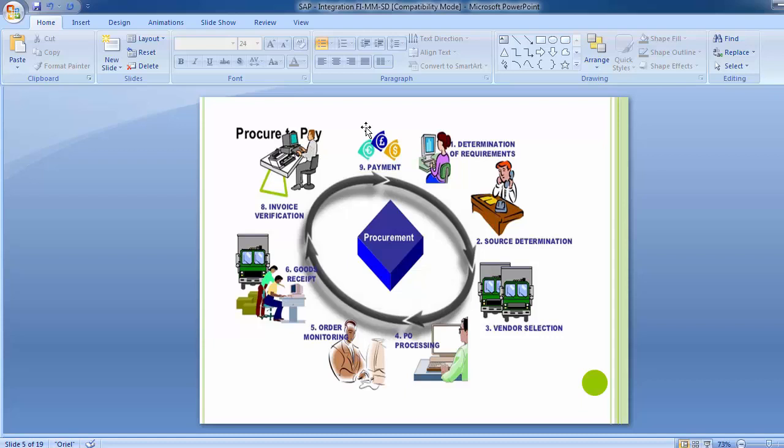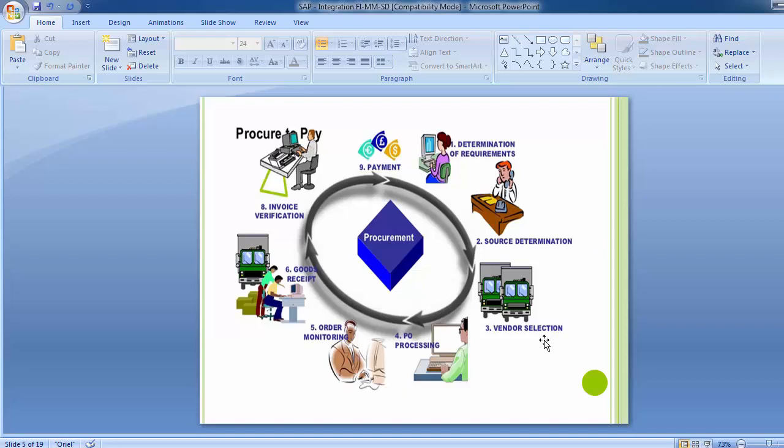That requisition has to be made as part 1. The second part is source determination. Under the second part, the organization looks after who is the source, who has raised the request for the purchase, how much quantity has to be purchased, and whether it is right to purchase that much quantity. An inquiry is made on that, and if the requirement is found fine, then the price comparison is also done, and later on we move on to the vendor selection.